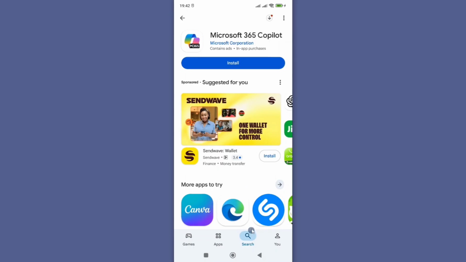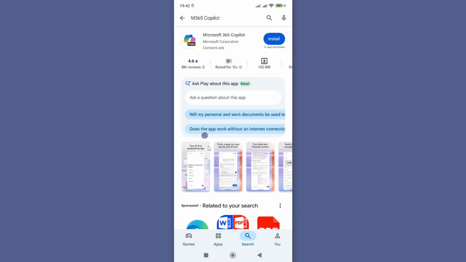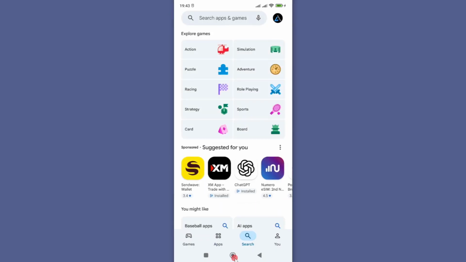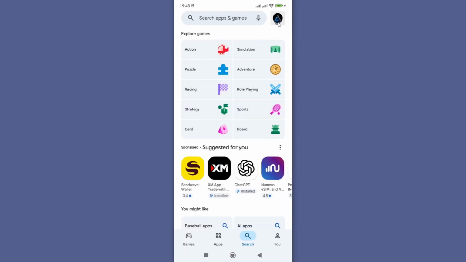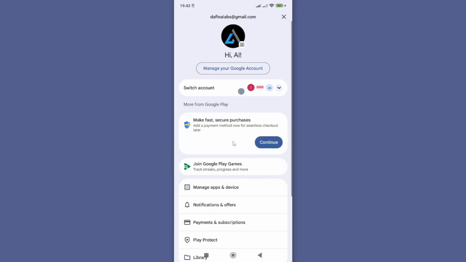There are quite a number of steps you can take to fix this. First, you need to go back to your Google Play Store. So if you open Google Play Store, make sure you're logged in with your Gmail account before you search for your app. However, if you're still unable to download even when logged in, then tap on your profile icon and